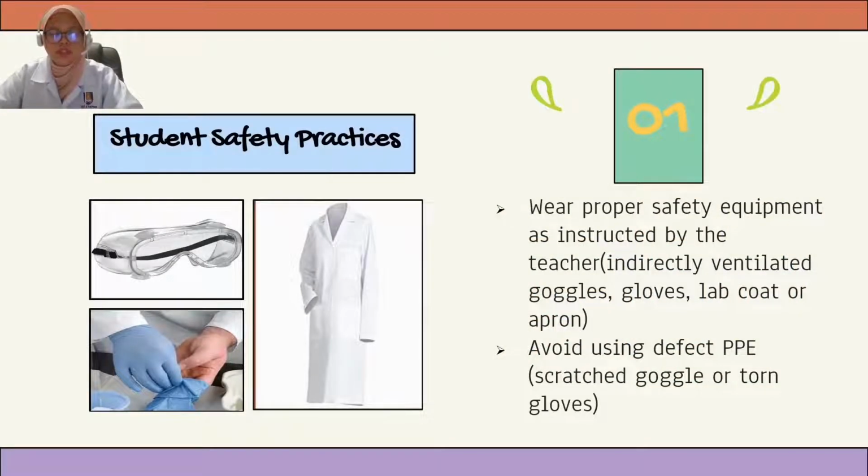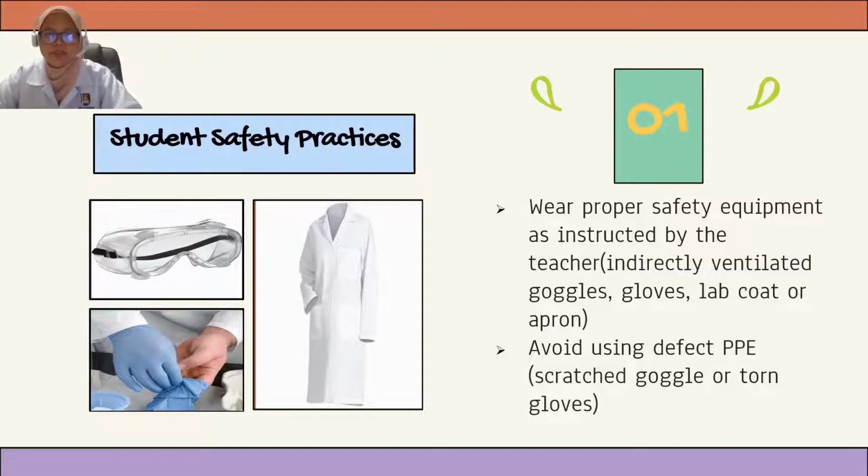And now I will talk about the student safety practices while in the laboratory. So the first one, students need to wear proper safety equipment, which is PPE, as instructed by the teacher. For example, like gloves, goggles, lab coat, or apron. PPE actually helps to avoid and protect students from any danger while in the physics laboratory, namely electric shock